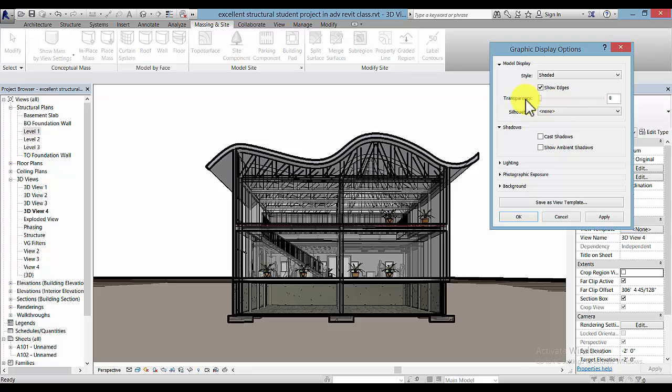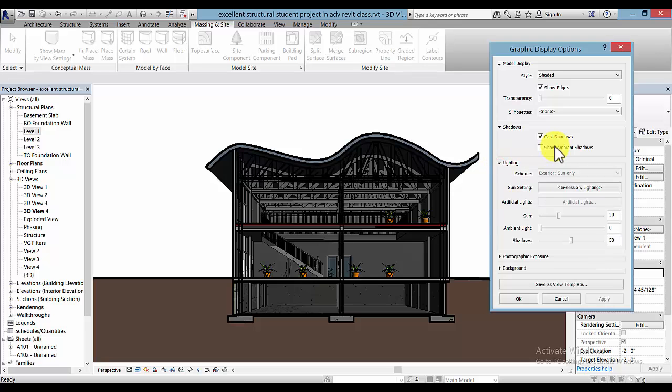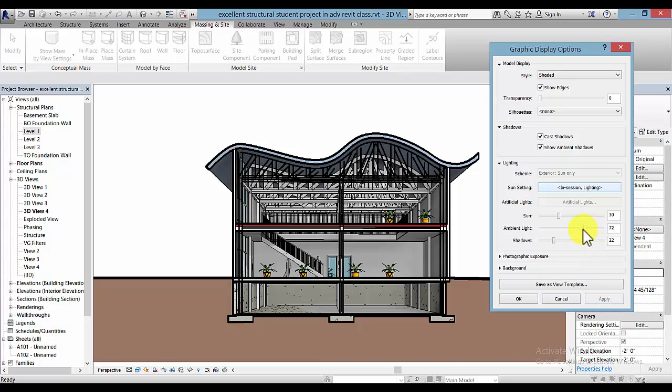But as soon as I turn the transparency off, I can put a check mark in cast shadows, and I can change down here how much cast shadow I want to show inside this view. The ambient shadows are nice because they give a softer glow to the shadows. It seems to put a shadow around the corners of the objects here. And you can also lighten up your project a little bit if you'd like to show a little bit more sunlight here in this